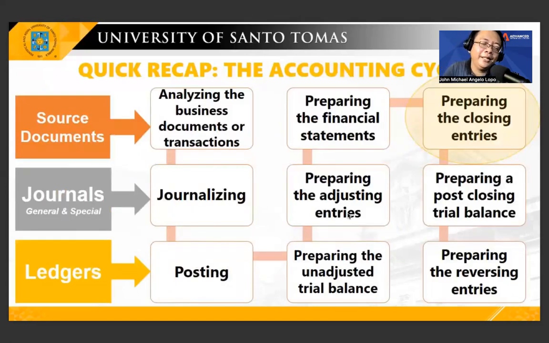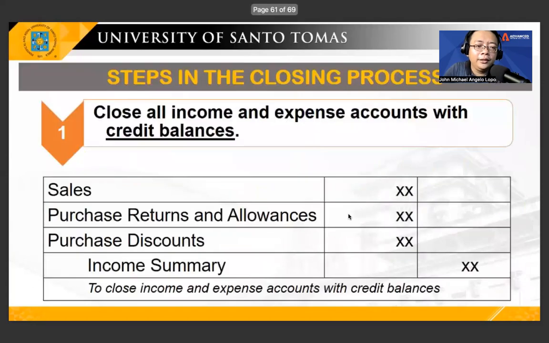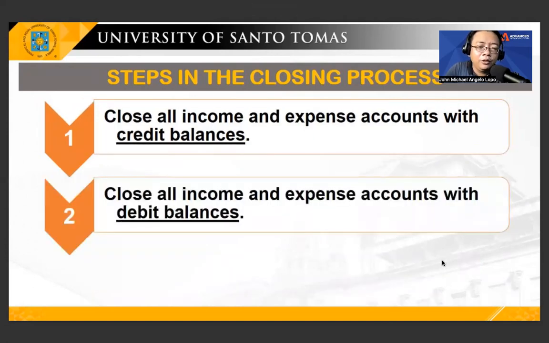Ulit lang ito. Recap again. Okay? Closing entry. So, ito na yung closing entry. Hopefully, you still remember this one, in our discussion, in our trading. Our sales, and purchase returns and allowances, and purchase discount, have a credit balance. Para masarado siya, close it muna sa ating income summary. Close all income and expenses to the credit balance. Okay. After that one, close all the income and expenses which have a debit balance. Ilagay mo siya sa credit balance. Then close all income and expenses with the debit balance.